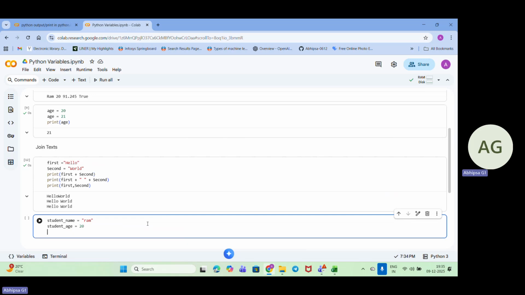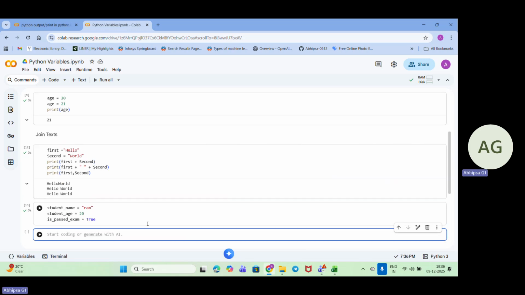And we have is past exam, so that is True. Okay. So now I have stored it. Now I need to print it.